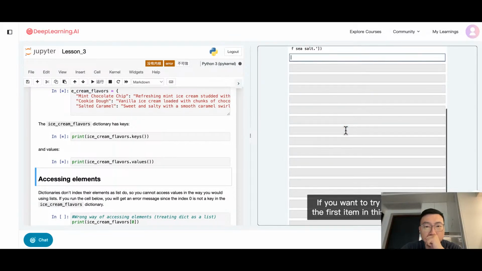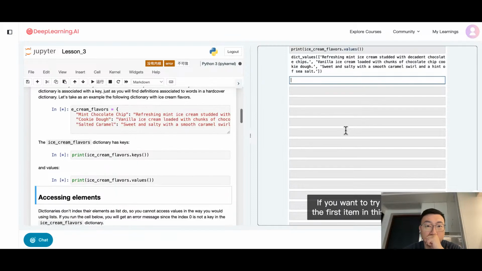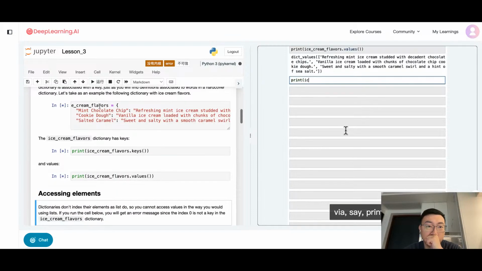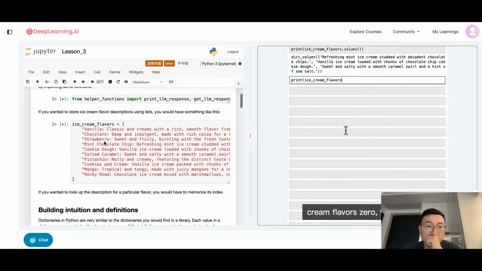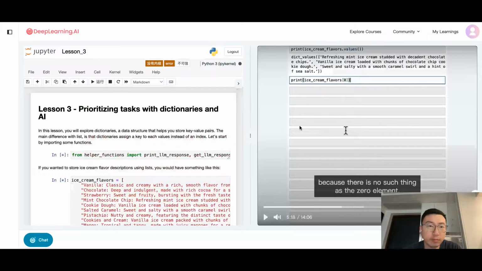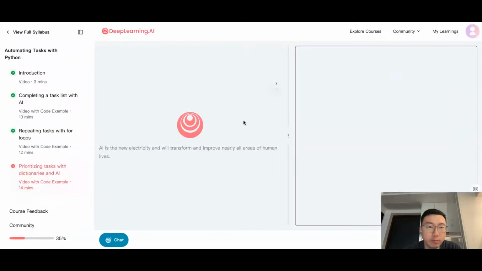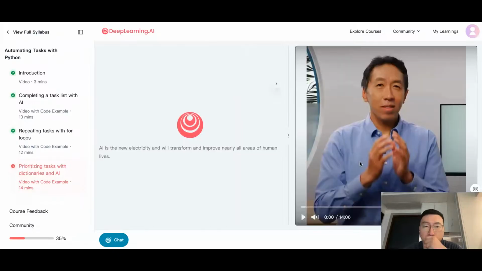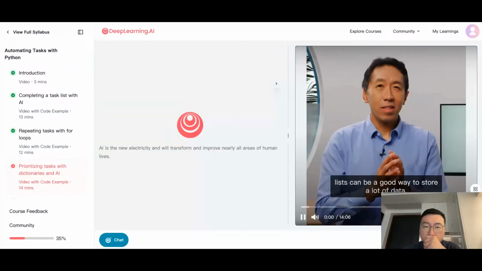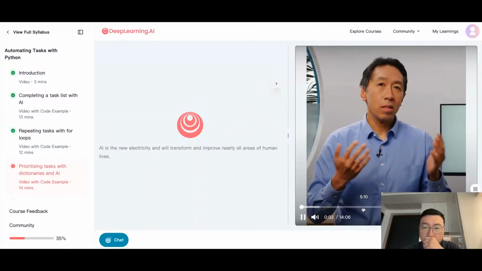If you were to try to access the first item in this dictionary via, say, print ice cream flavors 0, this won't work because there is